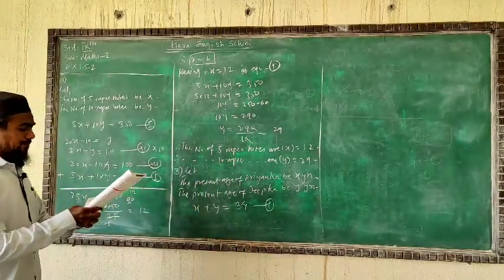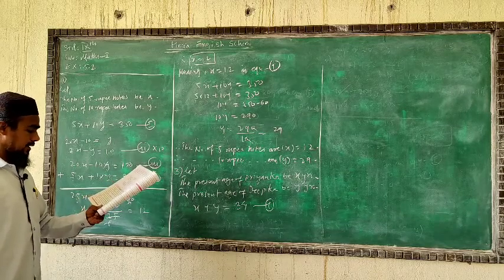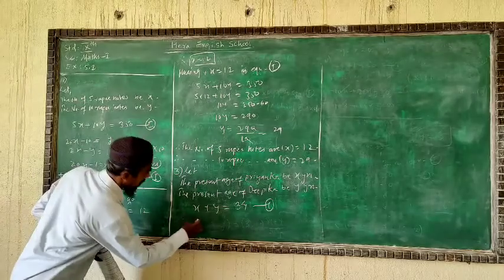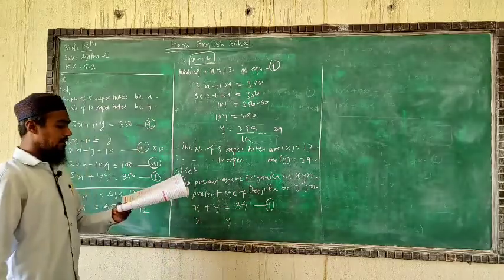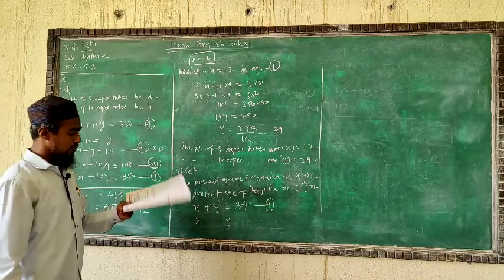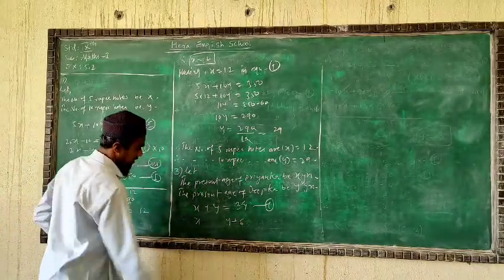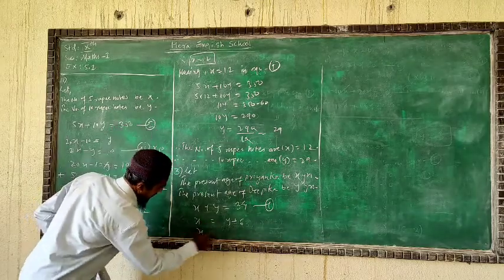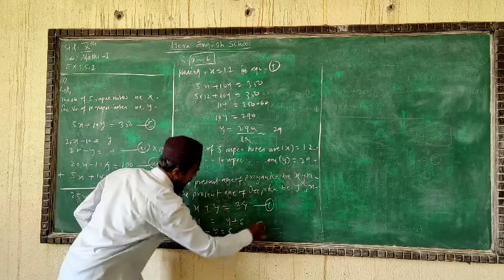Now comparison, Priyanka is elder to Deepika by 6 years. Priyanka we have x and Deepika is y. Priyanka is elder, means she is greater. How much? 6 years greater, and Deepika is 6 years less. So we'll add 6 in Deepika's, both will be equal. Means x is equal to y plus 6, bring to the left side, x minus y is equal to 6, it is your second equation.